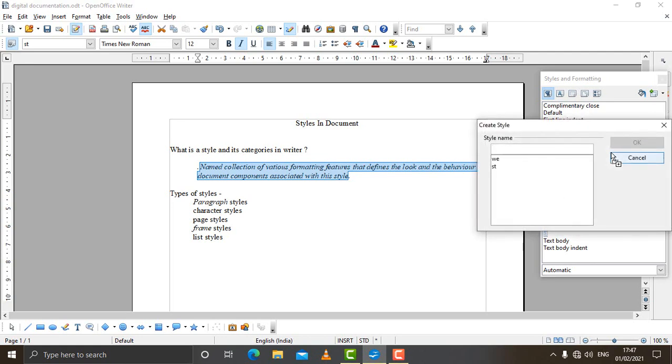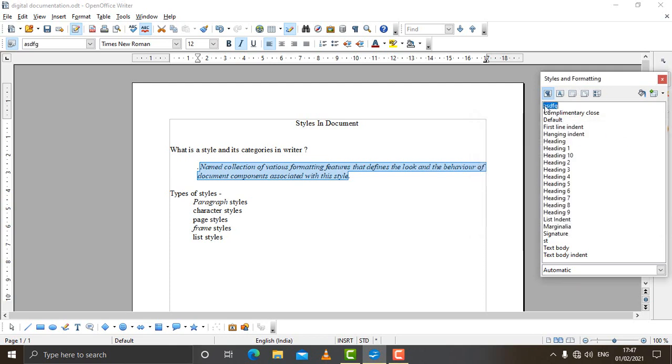As you release it, the same dialog box will come which will ask to save the name, give a new name. Say for example the new name is ASTFG, and click on OK. And you can see here a new name comes up. This new name is the name of the style of this selected content which I have just dragged and dropped in the dialog box.